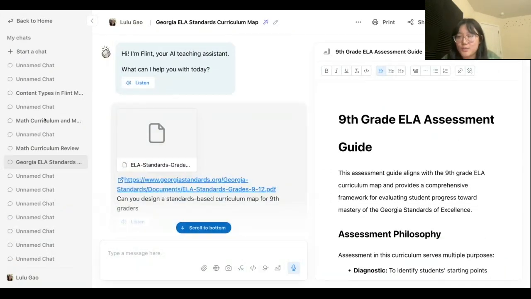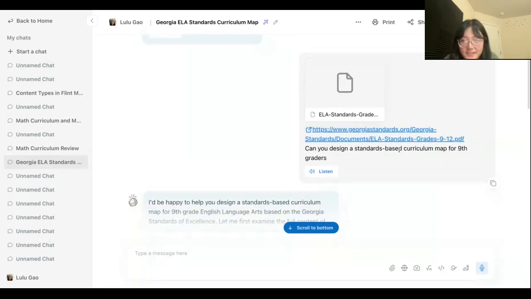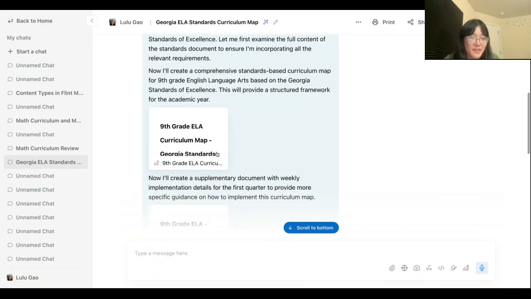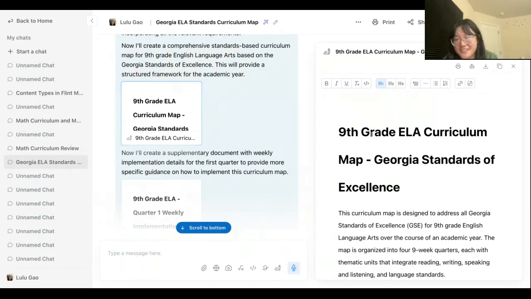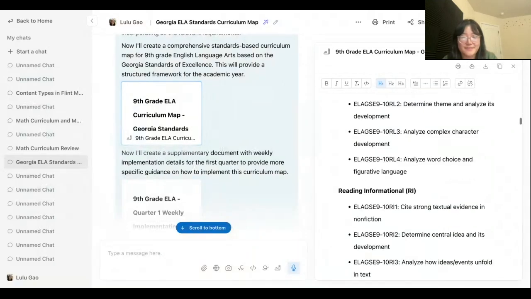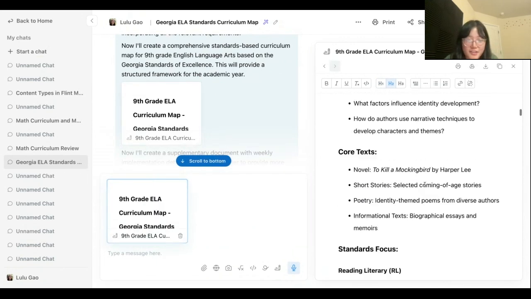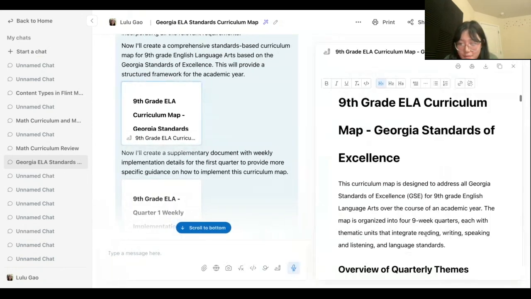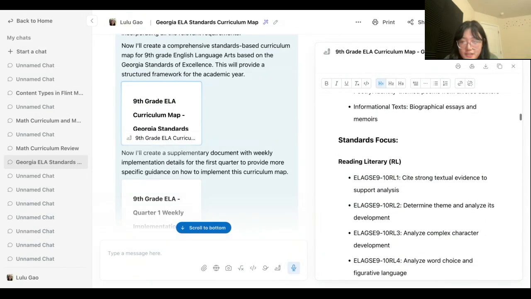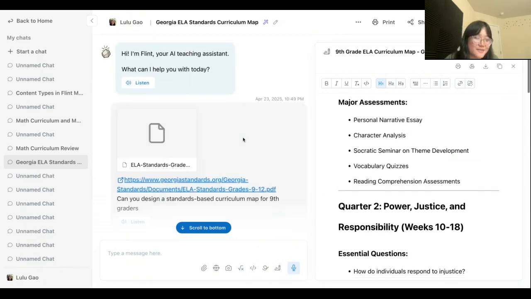Flint has access to the internet, so I gave it this prompt of designing a standards-based curriculum map for ninth graders, and then I uploaded the English language arts standards for Georgia, and then it was able to help me do that. It created a bunch of documents actually, the first of which was an overview of what an entire 9 weeks curriculum could look like with core text to read, what sort of standards they would be focusing on,